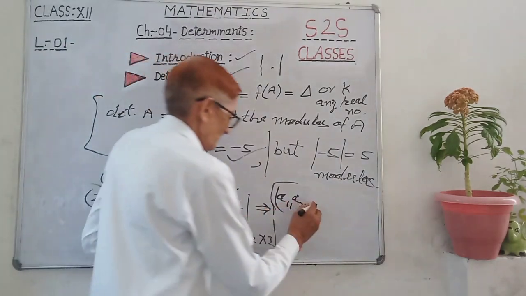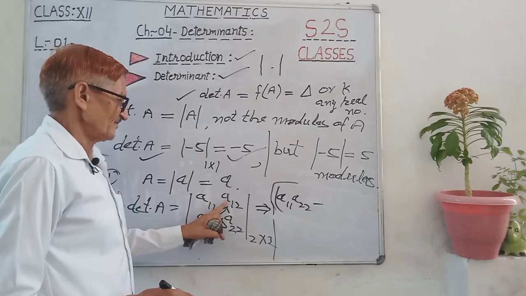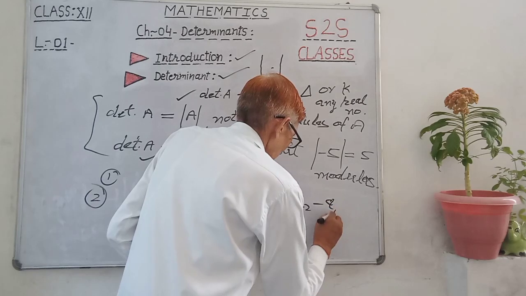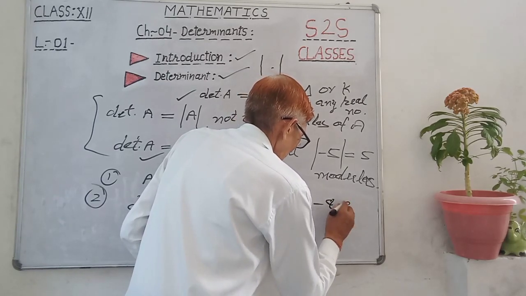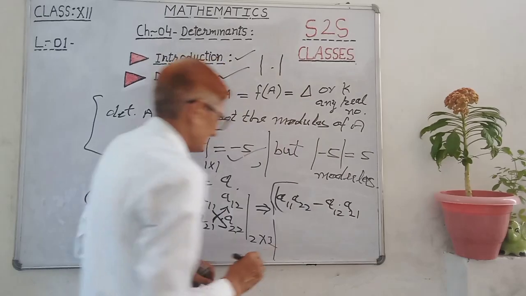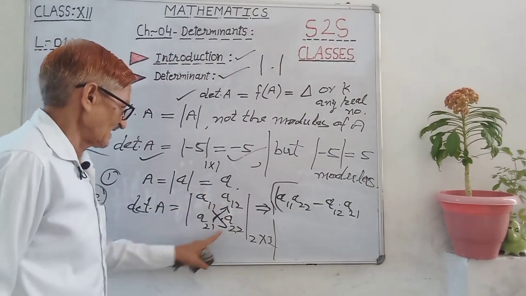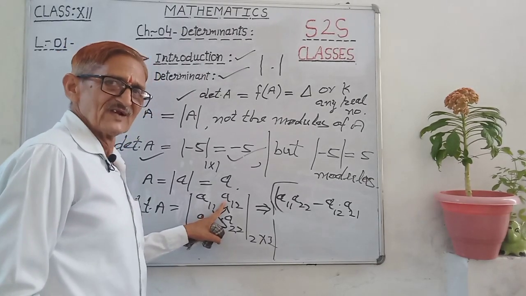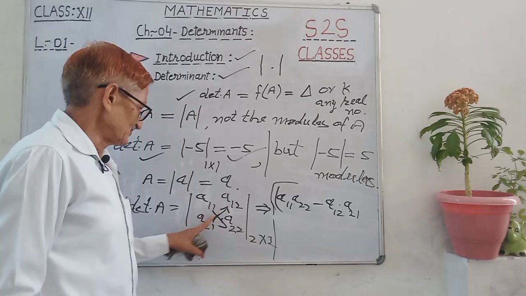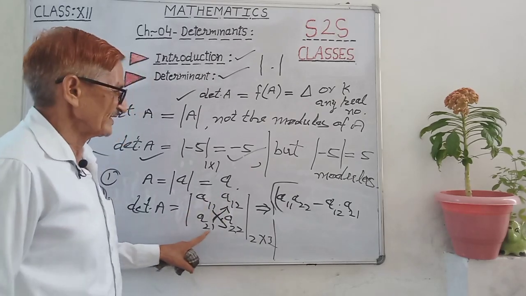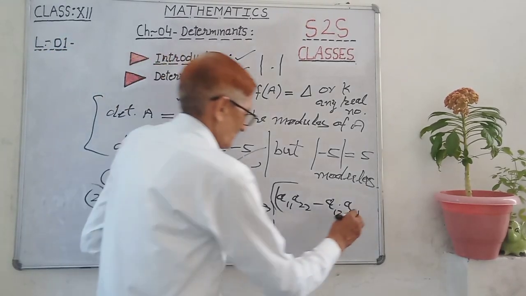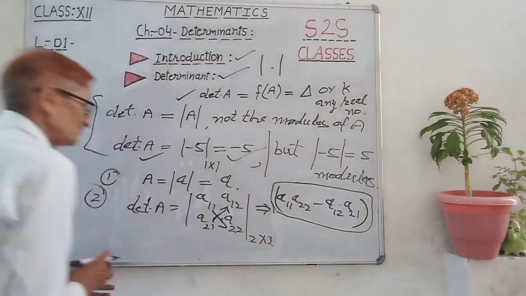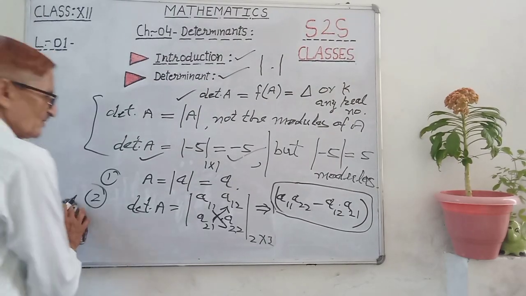Now minus this, the same will come: a12, this cancel, this, a12 into a21. a12 into a21. Understand this, like this. This into this cancel into this, and this minus, for the second element, minus a12 this cancel into a21 this. So this is the complete value of this. तो इसमें वन रूल डिटर्मिनेंट का एक रूल बना दिया.